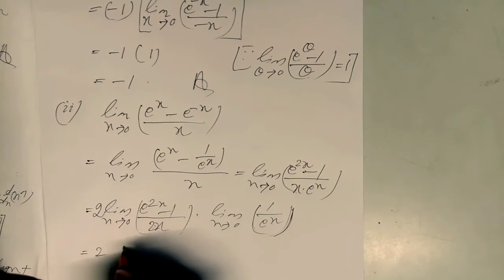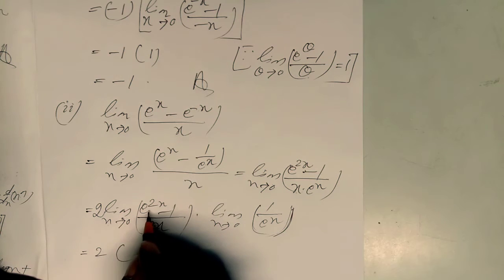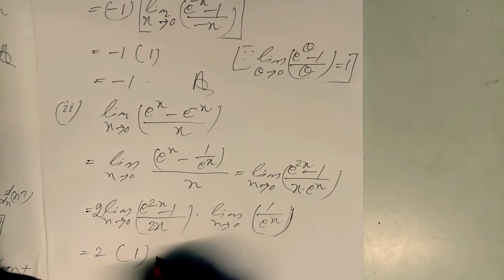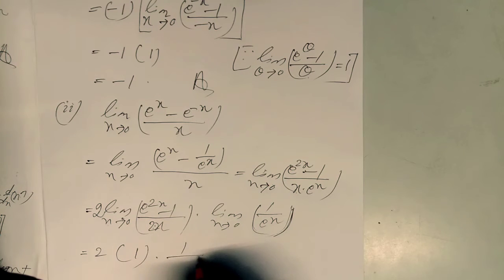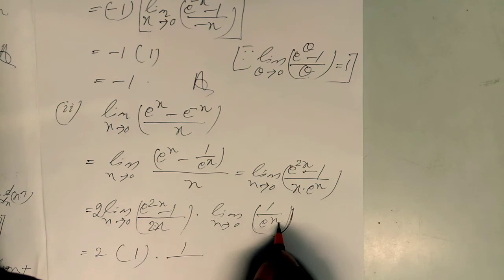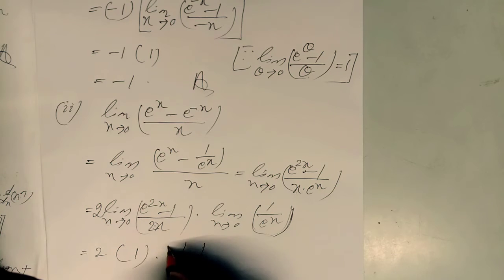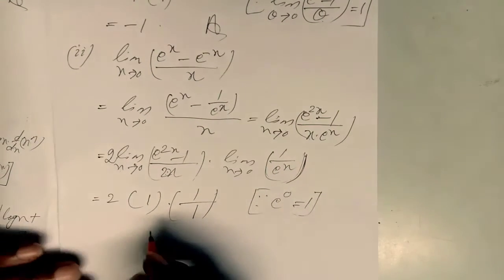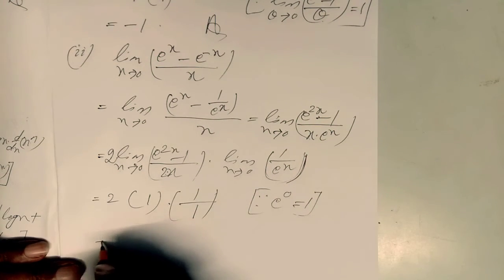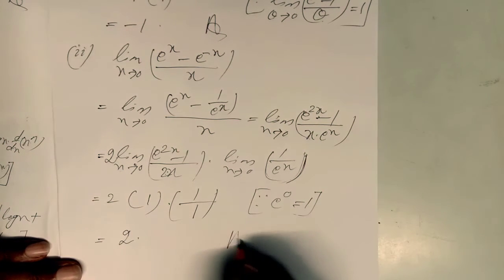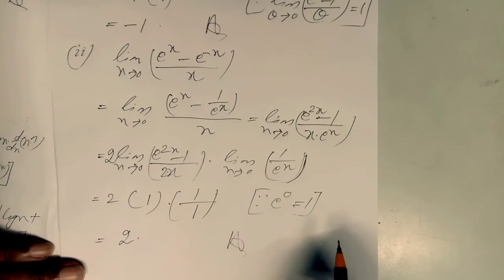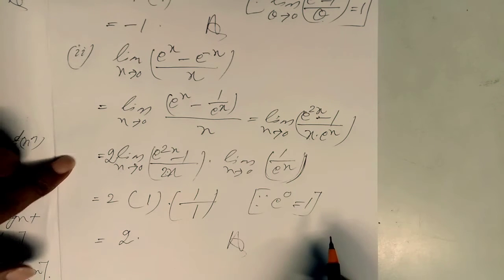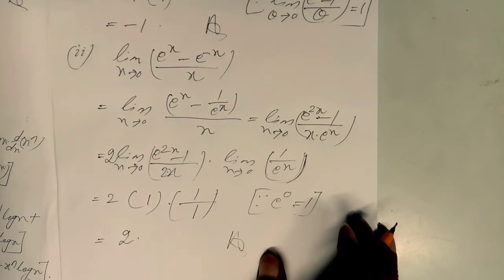Now this is the value of 1, as limit x tends to 0, 2x also tends to 0. Therefore this answer will be 1. And if I put x equal to 0 here, e to the power 0 is how much? 1, since e to the power 0 is equal to 1. So what is the final answer? The final answer is 2 into 1 into 1, which means the answer is 2. I hope you are able to catch the process of solving question number 1, second part. The answer is coming 2.